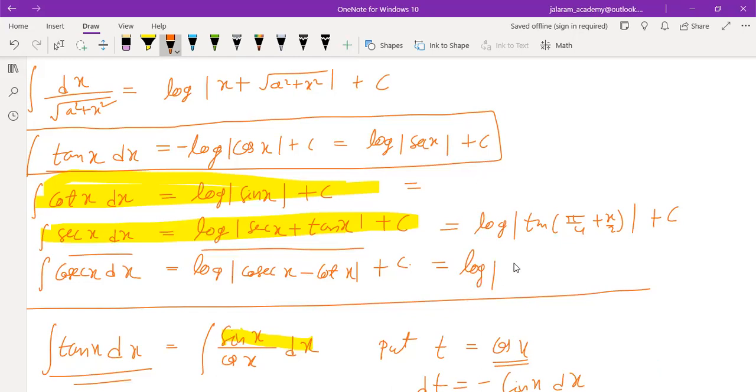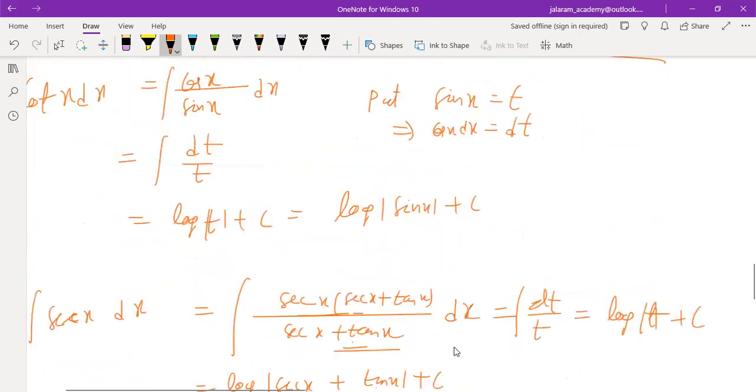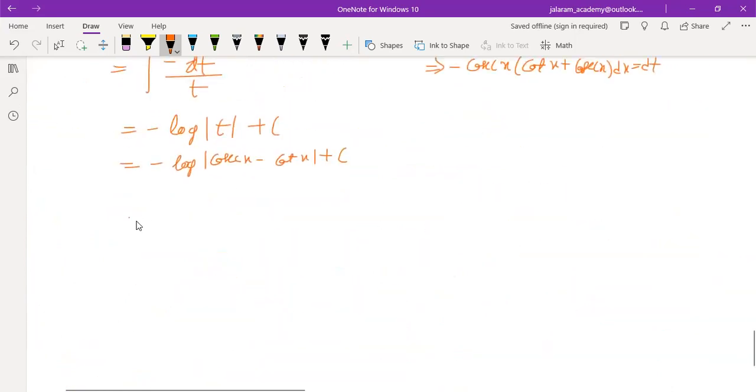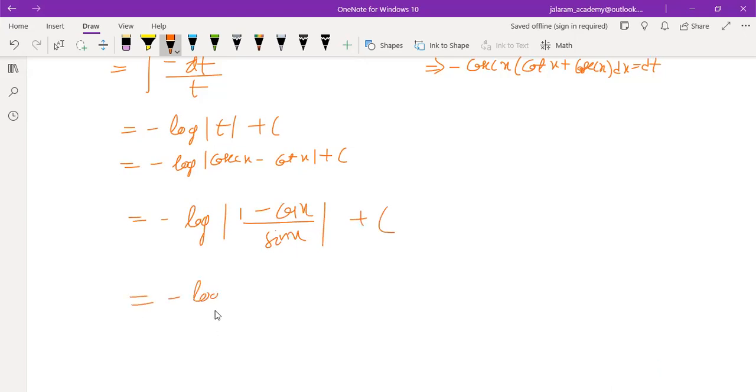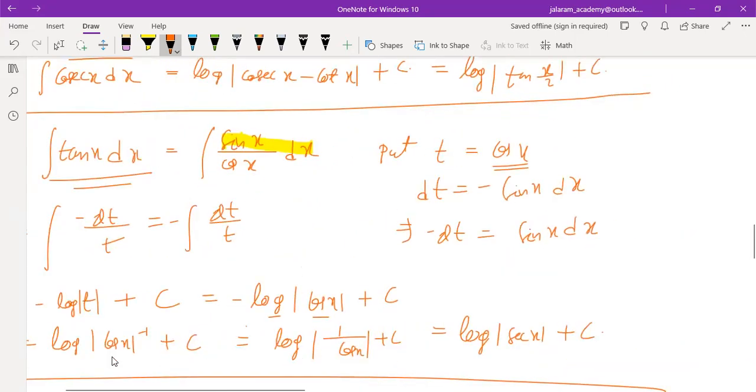Similarly, this can also give the formula log tan x by 2 plus c. It is easier to prove it if we change it to sine and cos. So it gives 1 minus cos x by sin x plus c, and then write directly minus log 2 sin square x by 2 over 2 sin. Minus is already there, so there will be no minus in this, remember. And we have written the formula also the same, that